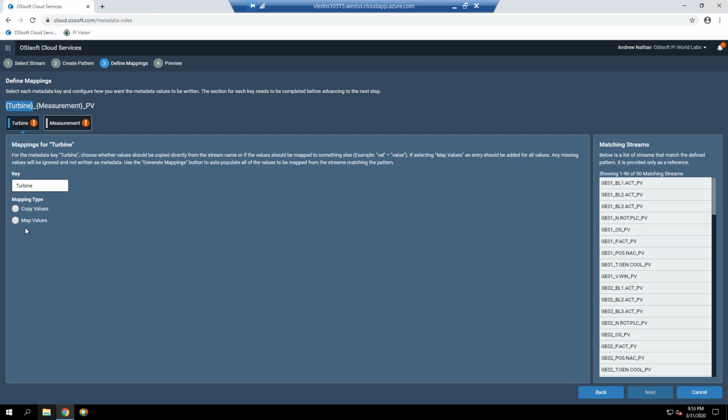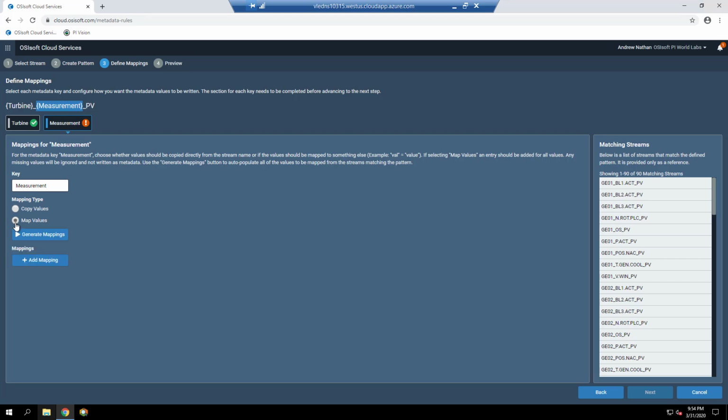For the metadata key turbine, select the Copy Values mapping type. This means that the metadata key values will be copied directly from the stream name section, i.e. turbine is equal to GE01 in this example. For the metadata key measurement, select the Map Values mapping type.